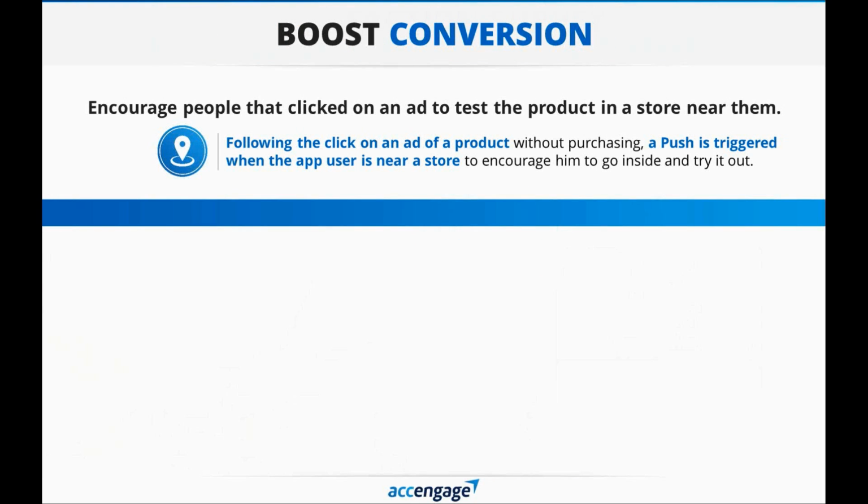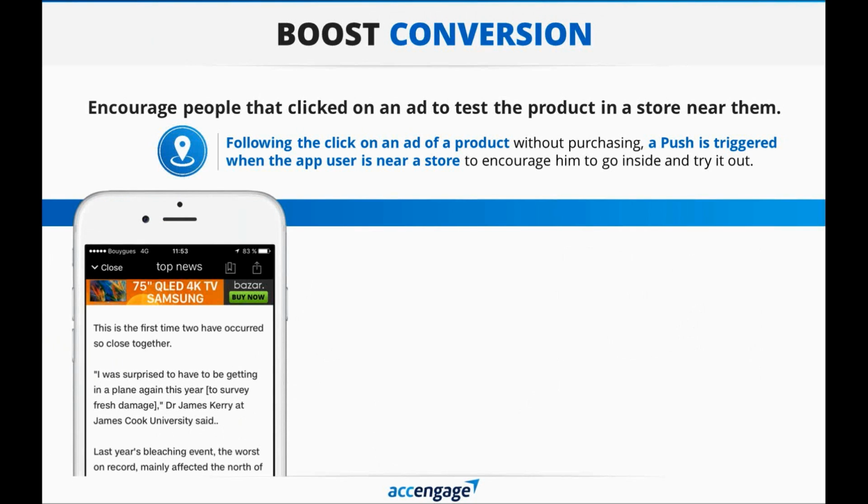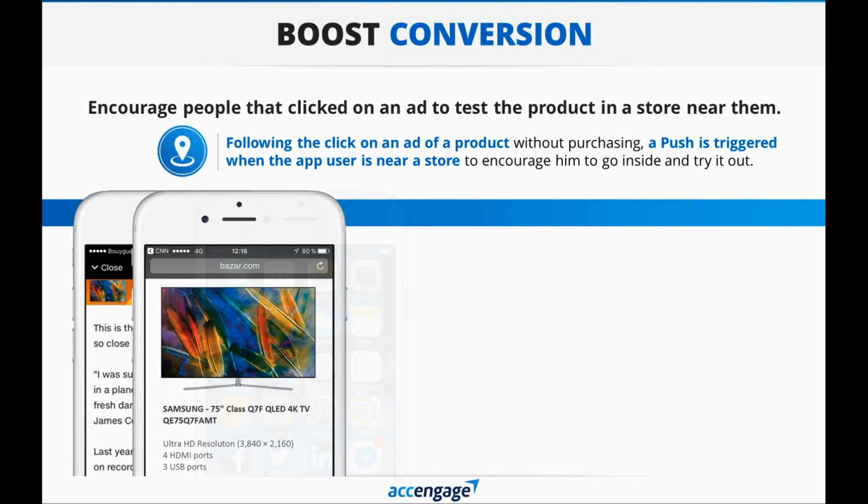Now, what you can also do is look at the behavior of your users towards your advertisements. So here we look at a user that is looking at a product ad inside a mobile app, about this specific TV set. If the user clicks on that ad and then consults the different information but doesn't make an actual purchase,